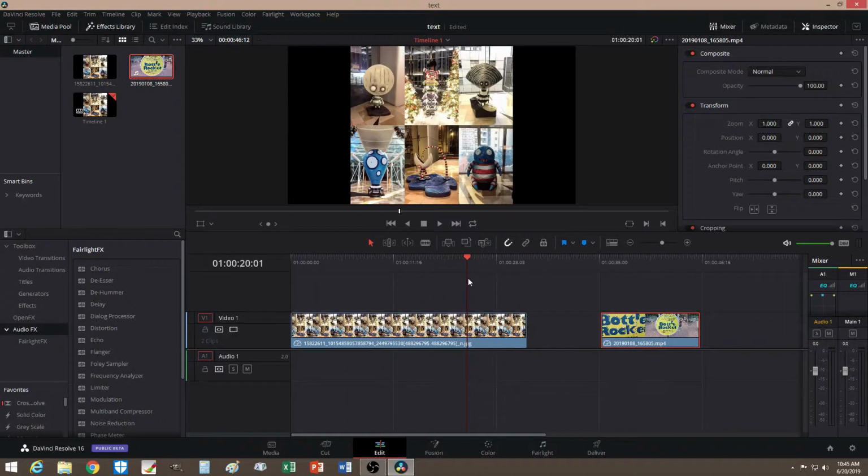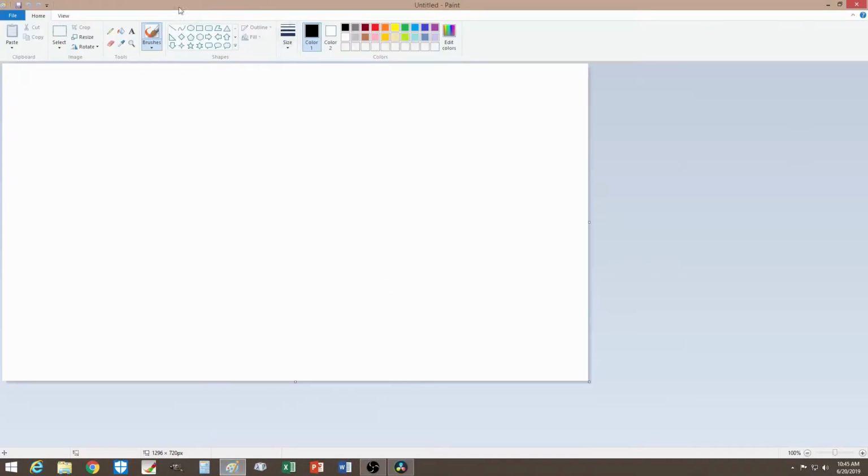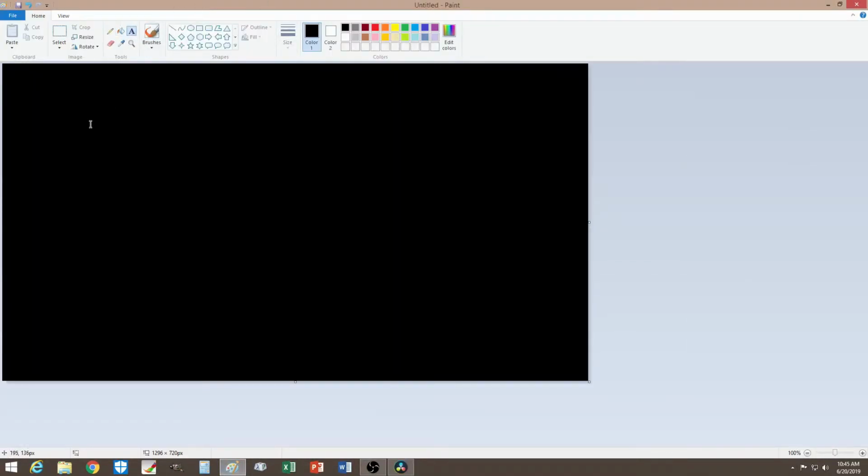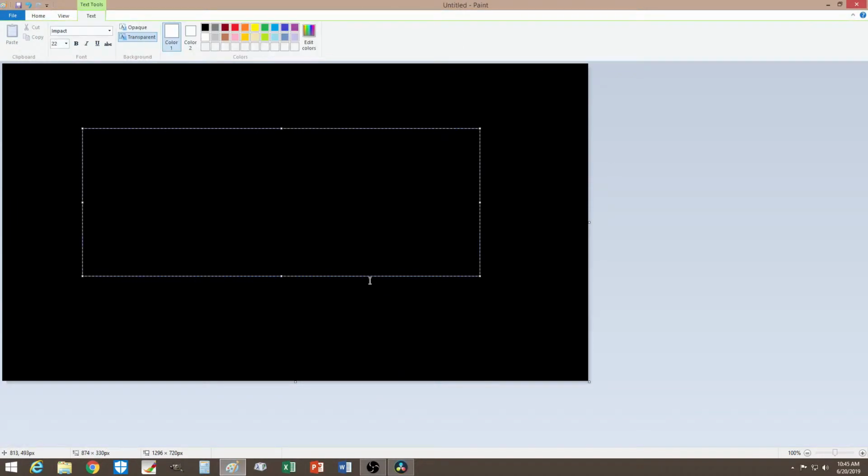Now you can create your text using Paint, just as long as you have two different colors. You could use white, blue, whatever color you decide, as long as you have two different colors. Okay, but the only problem with Paint is that I don't know the exact resolution or exact placement